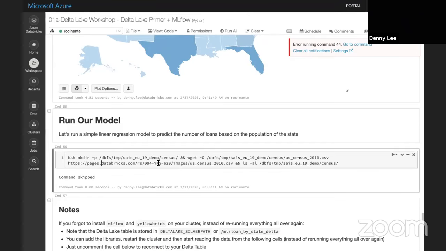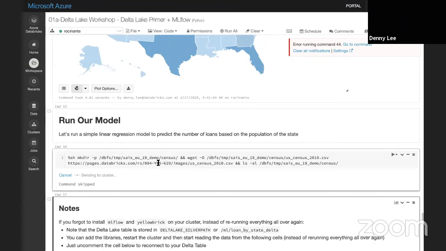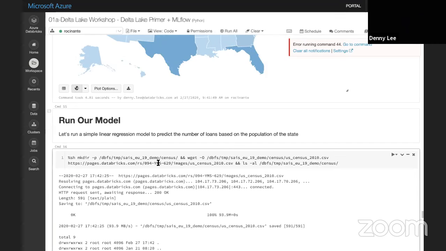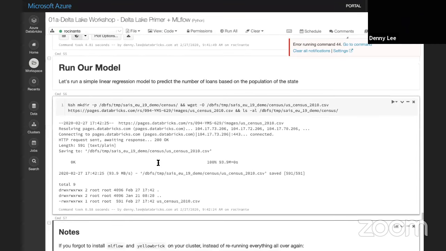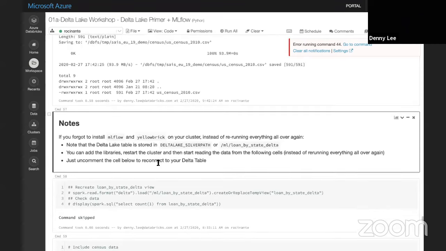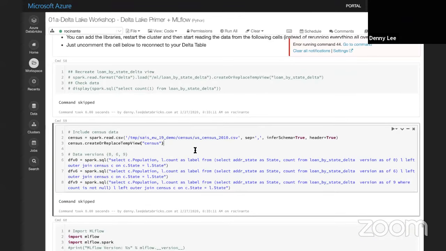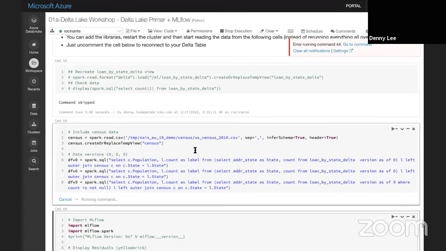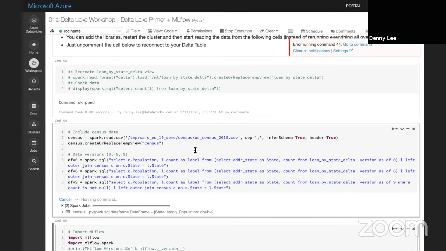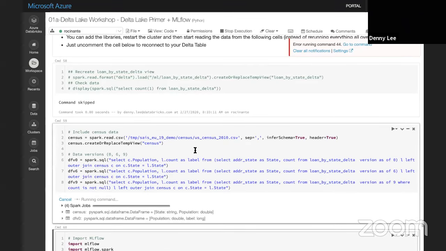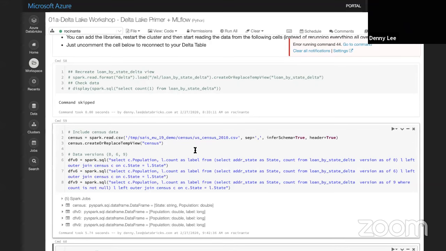Okay. Well, why is that powerful from a data science perspective? So here's what I'm doing. I'm just simply downloading some US Census data because I'm building a really boring model. A really boring model where I'm actually combining the delta data, the loan state data, but for each and every single different version of that data by the population of that state. Okay, and so that's what this particular set of queries are for.